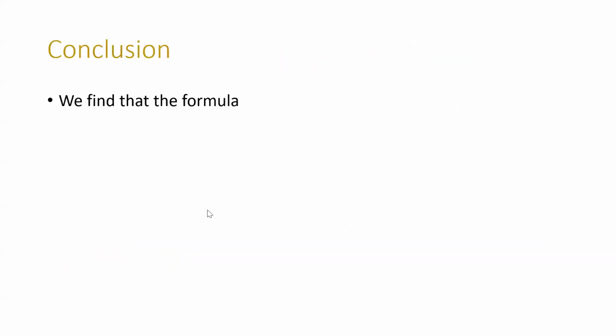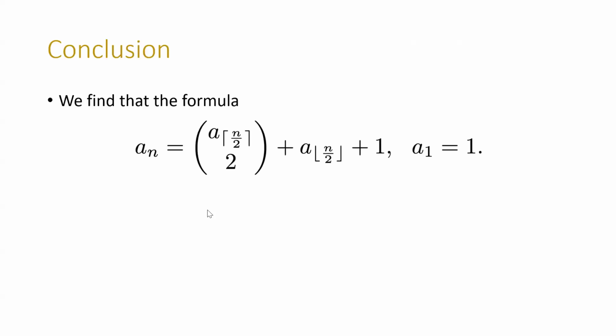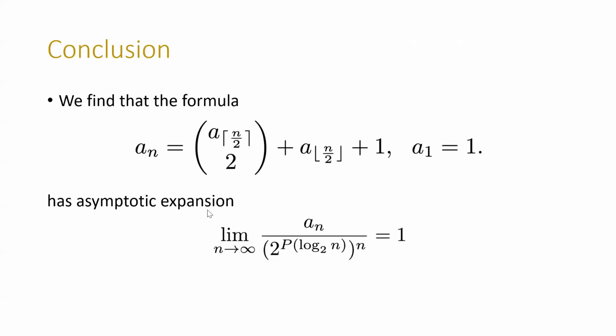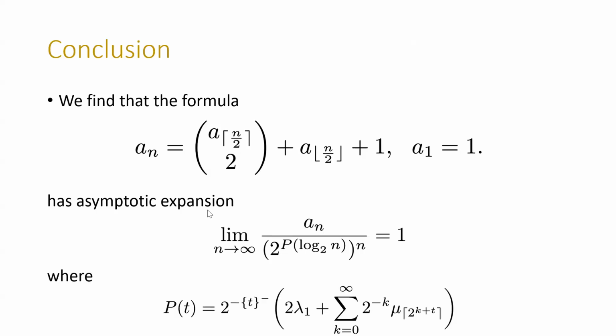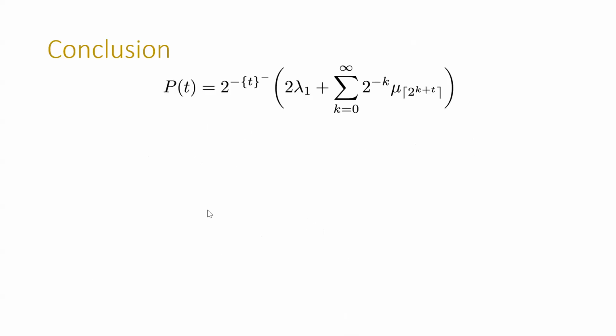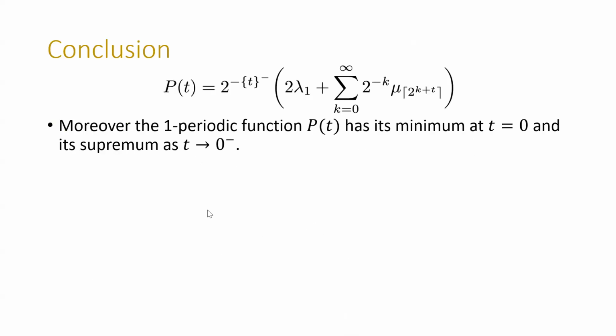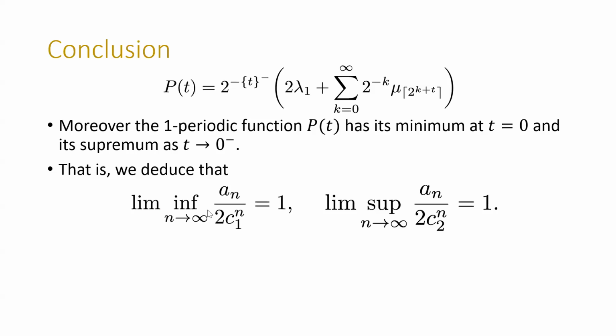So we will conclude. We first found that the formula has an asymptotic expansion depending on this one periodic function. And we studied this periodic function more to deduce that it has its minimum at T equals 0 and its supremum as T approaches 0 from the right. And we can deduce that the lim inf of a sub n over c1 to the n equals 1, and